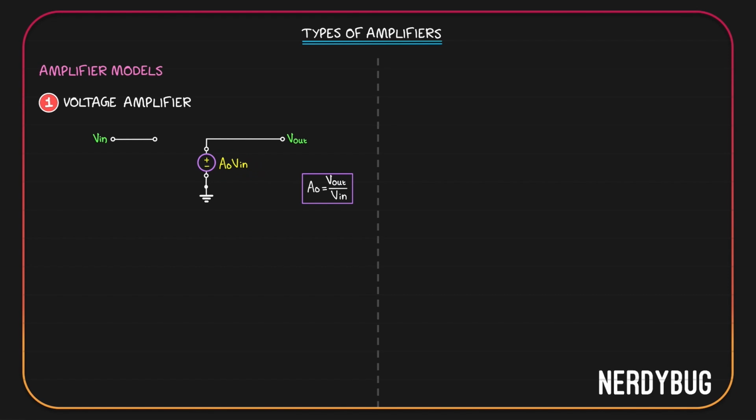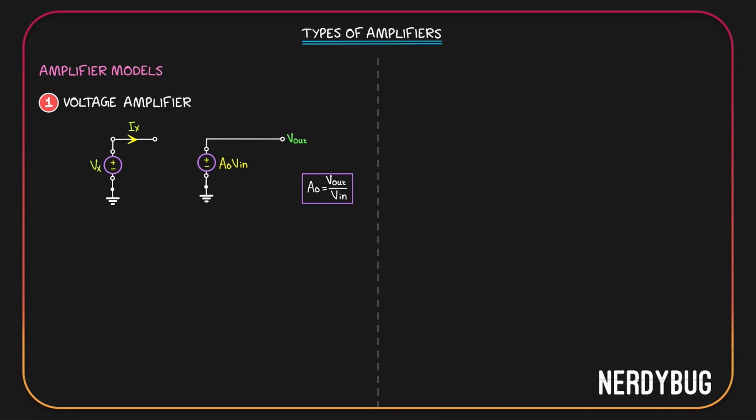Let us check if this actually has infinite input impedance and 0 output impedance. To check the input impedance, we first have to apply a potential Vx over here and find its relation with the current Ix that will flow like this. Here Ix will be 0 because the circuit is open over here. There is no path for Ix to flow. If Ix is 0, the input impedance given by Vx by Ix will become infinite. We do have infinite input impedance.